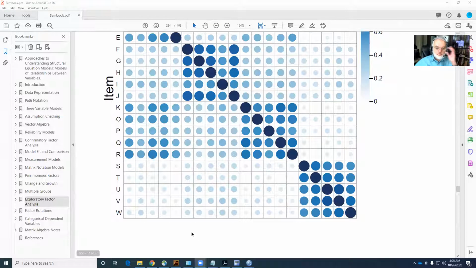Okay. So what we're doing is looking at exploratory factor analysis. And to summarize what we were talking about on Friday, it's kind of a strange area because, on the one